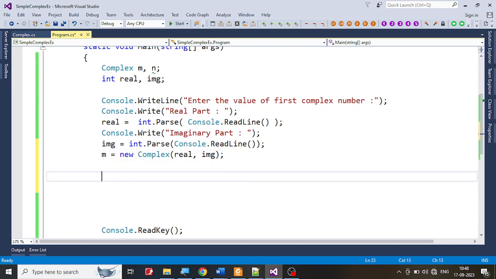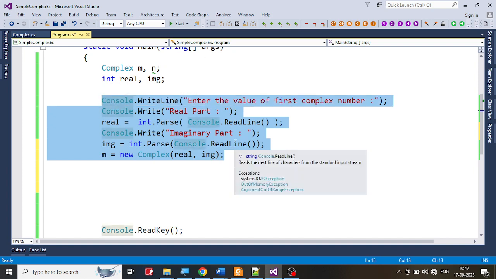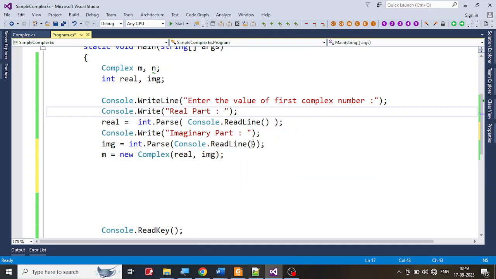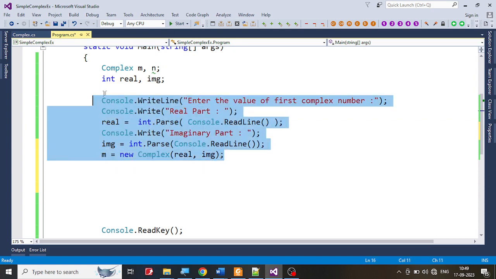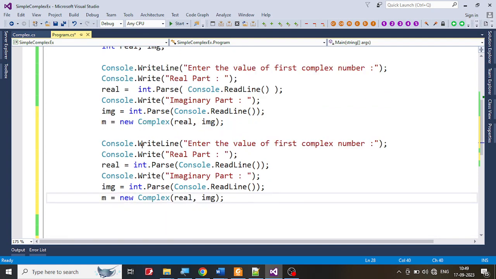Okay, now I don't have to write it again and again. When you are using Turbo C, which is a very old outdated software, you had no chance of copy pasting, but when you are using C Sharp, you have an option for copy pasting, because Visual Studio is a wonderful IDE and you can do wonders with that. Okay, so I'm going to copy this whole thing, Control C to copy and Control V to paste. So the whole thing is pasted, and the only thing I'm going to change is, enter the value of second complex number,